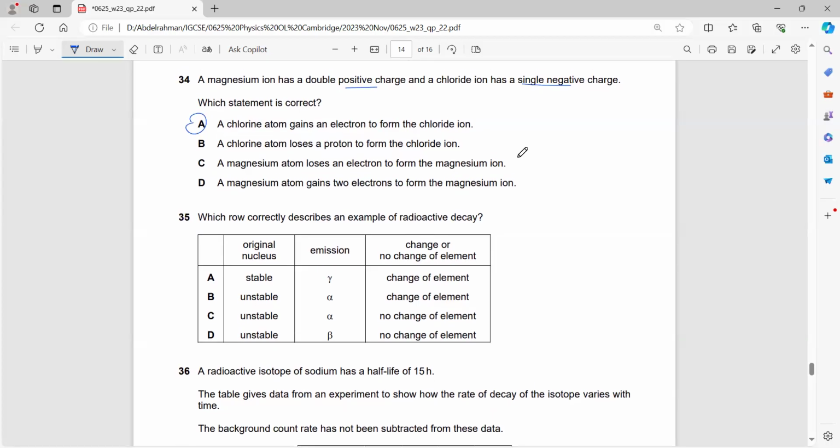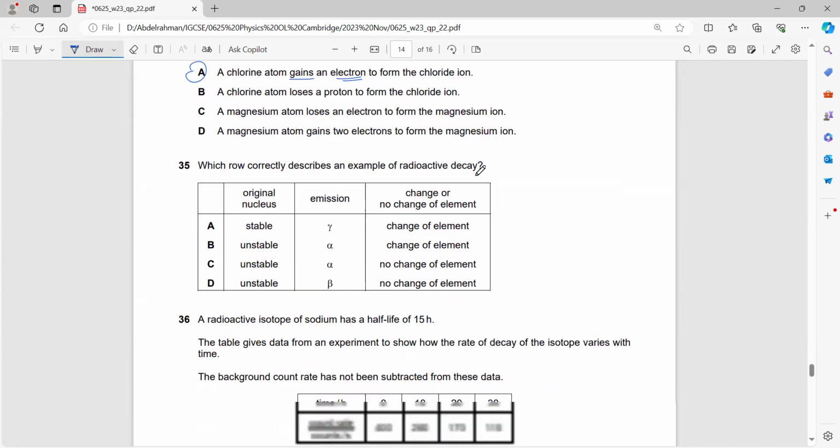Okay. Again, why did we choose A? Because it's a chloride ion. What's a chloride ion? It means that it initially was chlorine or whatever. It gained electrons, so it has a single negative charge. What does it mean that it has a single negative charge? That it gains an electron. That's it. It seems to be complicated, but that's as simple as it could get.